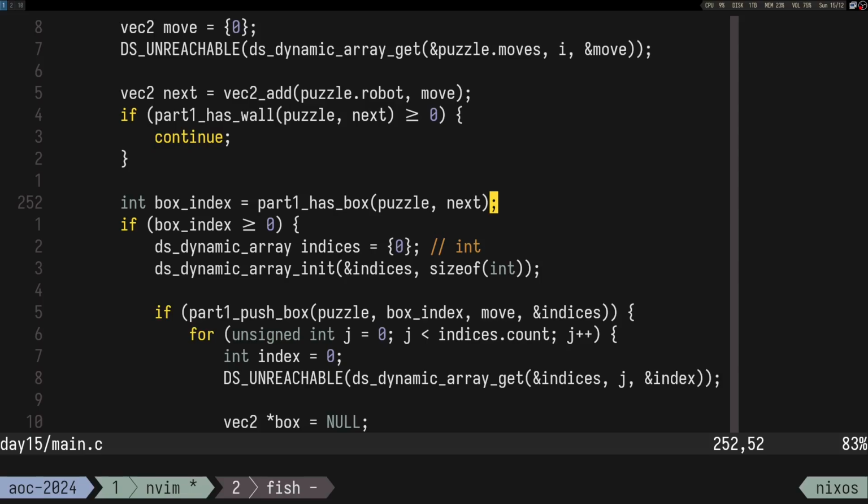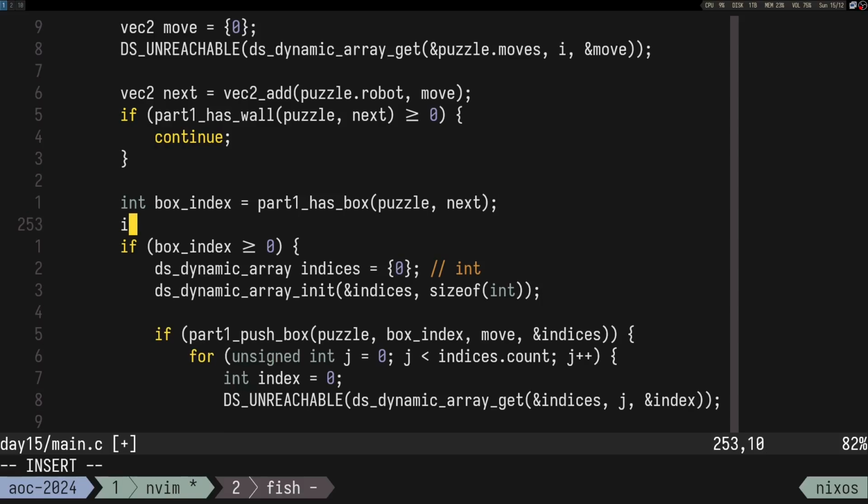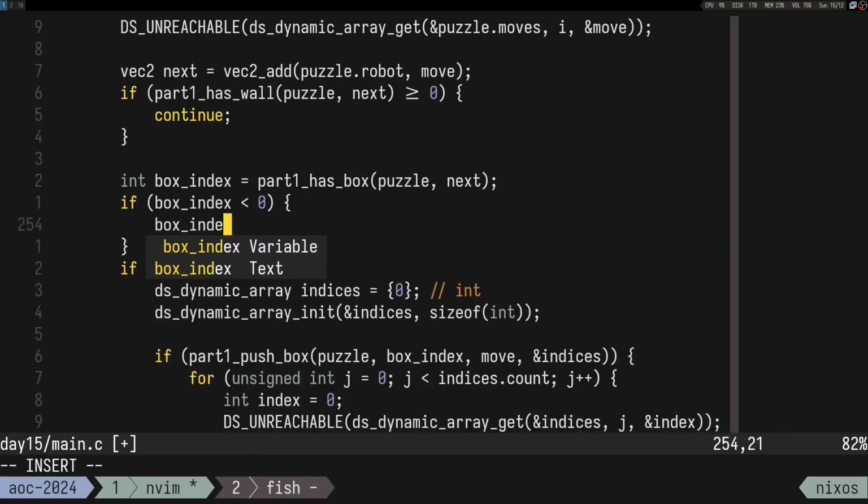So that's the thing. If next is right on top of a box, then that's fine. Then it means there is a box. That's the normal case, right? But if next minus one also has a box, like the same box, probably. So I can do something like if box index is less than 0, then we can say box like